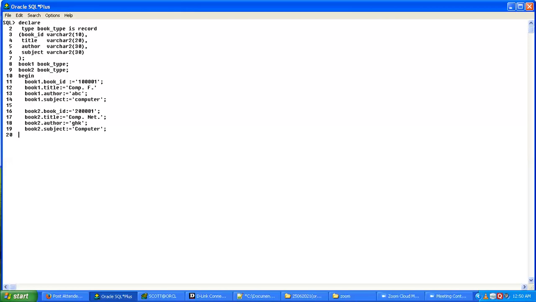Okay, so there I have stored two types of books here. So I will access now the values of each book attribute. Okay, so now I'll write here dbms_output.put_line